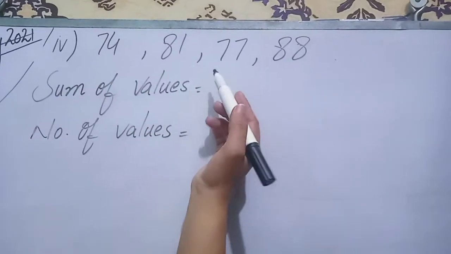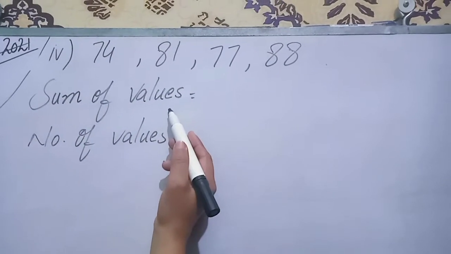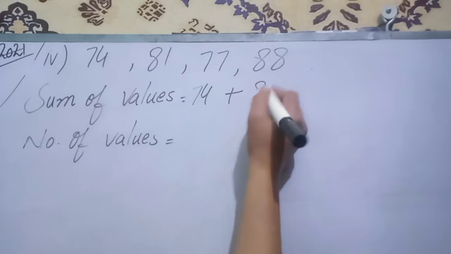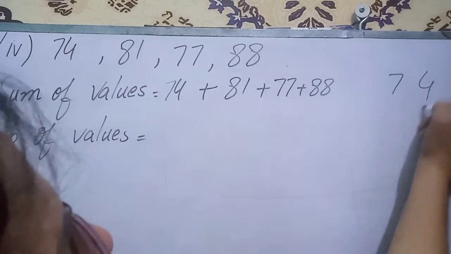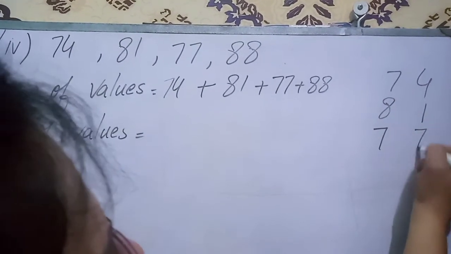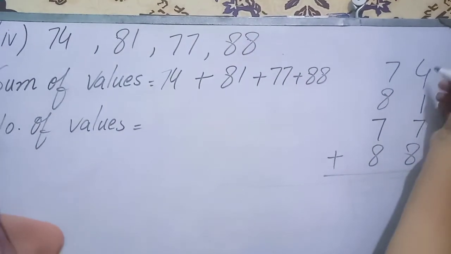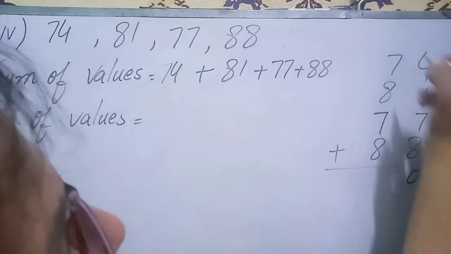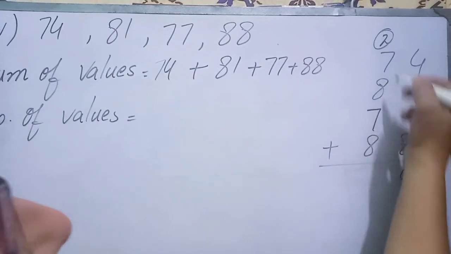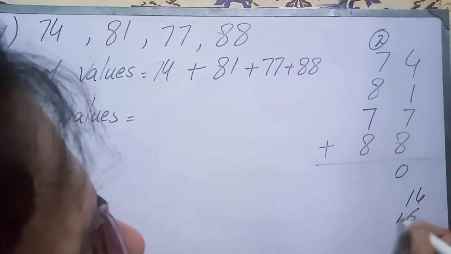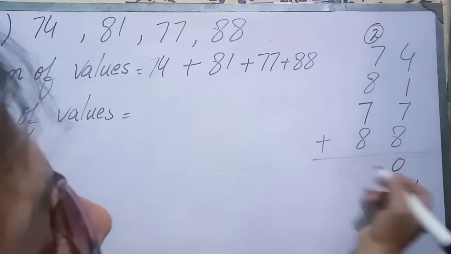In the fourth question, students, we have been given the data of these numbers. Now the first thing we have to find here is the sum of values. I will write the values with the sum and then I will add by writing it vertically. When we write it vertically, then 8, 8, 16, 17, 18, 19, 20. 0, 2 is here. 7 plus 2, 9. 7, 7, 14. 8, 8, 16. 6, 4, 10. And 3, 30 plus 2 carry 32.